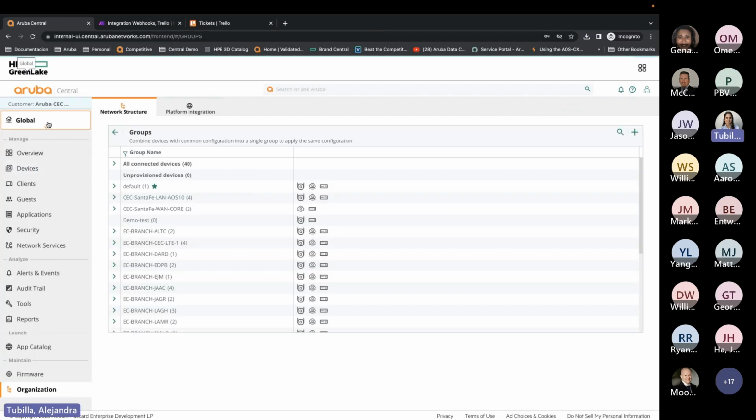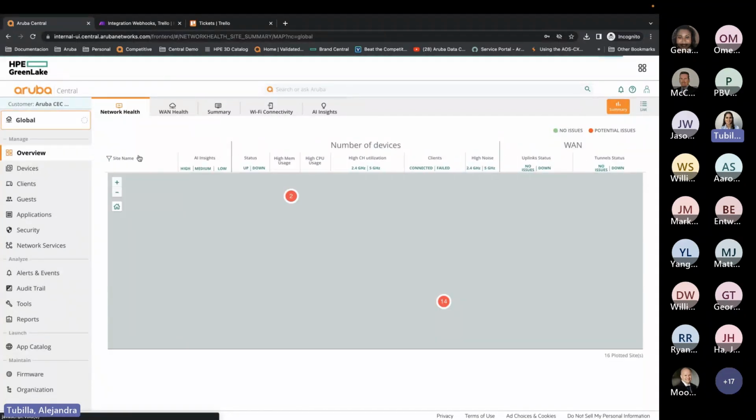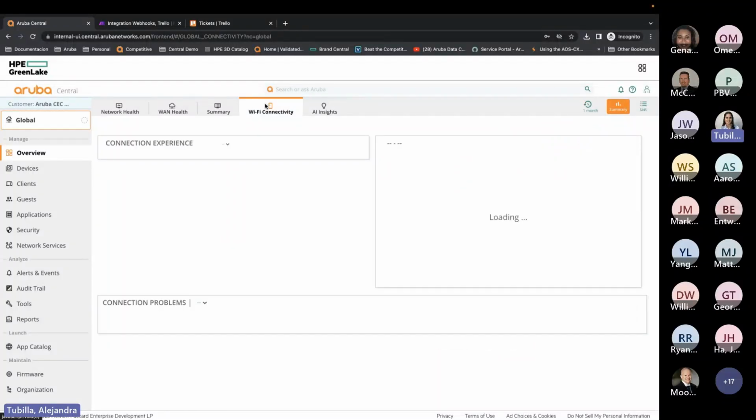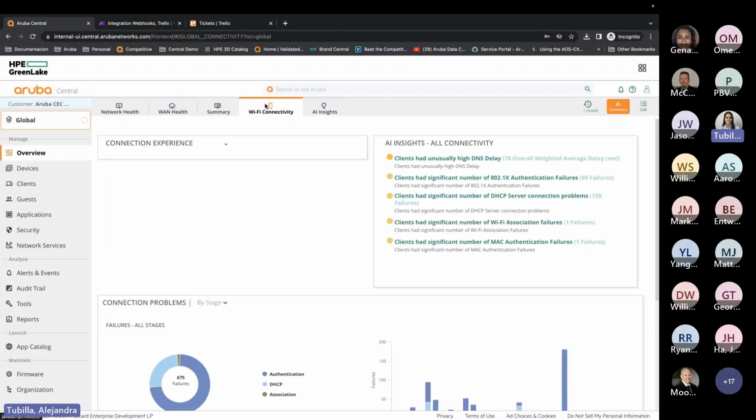So this is part of all the visibility and all the tools that give us a lot of visibility of not only how our network is performing, but also more specific information on the client side and the usage that they're giving our network. Another part of the visibility that we can see here